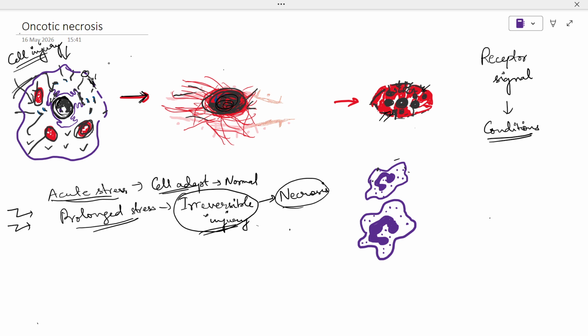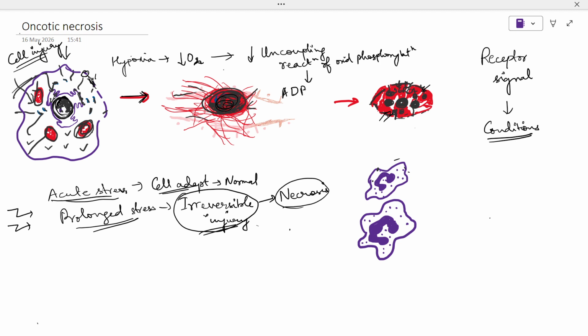So when there is necrosis in the cell, there is a hypoxic condition, which means less oxygen at the ischemic, poorly perfused site of the tissue, and this decreased oxygen directly acts on the mitochondria and causes uncoupling of oxidative phosphorylation, which means disabling of the conversion of ADP to ATP. So less ATP is formed,